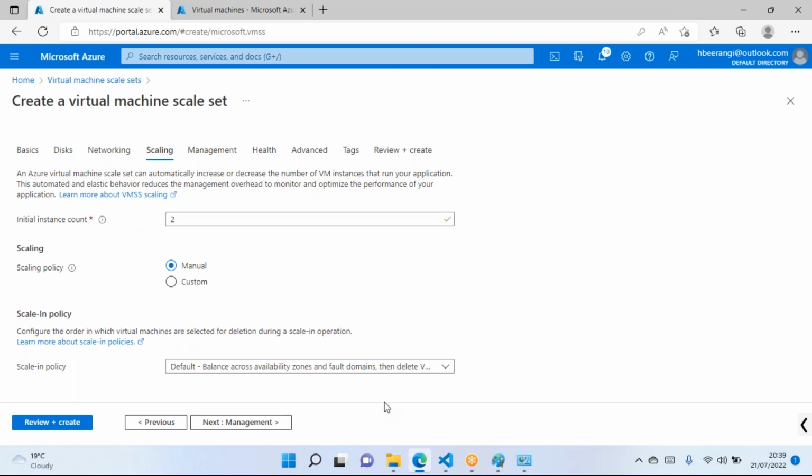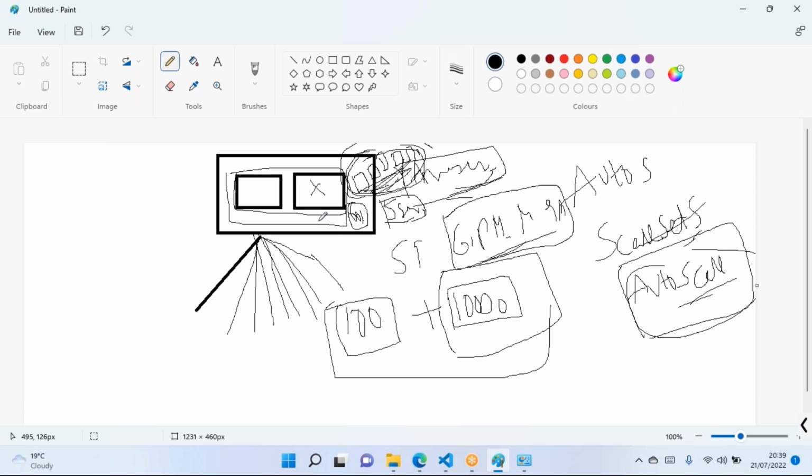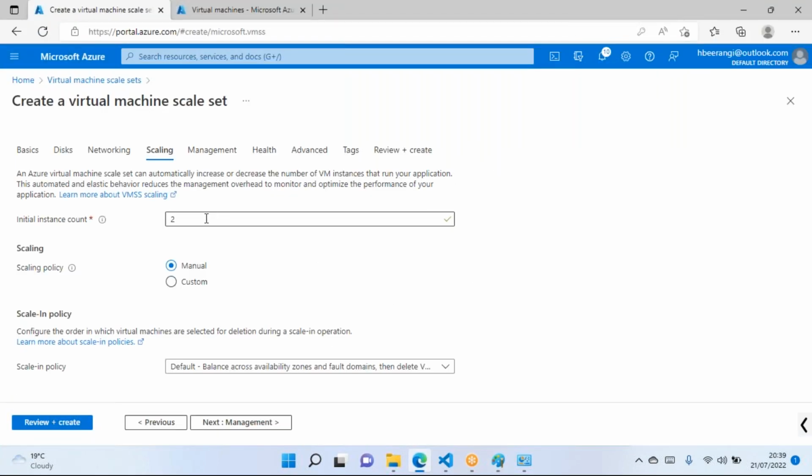That means, at any point of time, how many servers should be running. Here I mentioned example 2, so consider it as 2 and you can go for 2 instances. Or let's say at any point of time I want 5 virtual machines to be up and running. In that case you can choose 5 instances.